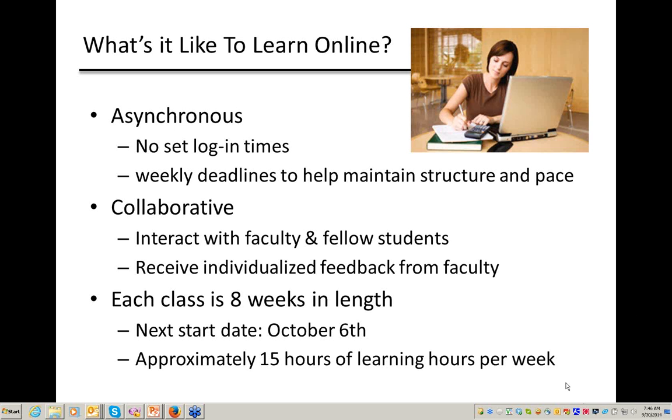You receive individualized feedback from faculty, and feedback and critique are an important part of learning. Each class is 8 weeks in length, and it's exciting because the start date here is October 6th, and you can plan on putting in about 15 hours of learning per week. So you want to schedule yourself and make sure you've got some kind of structure going.